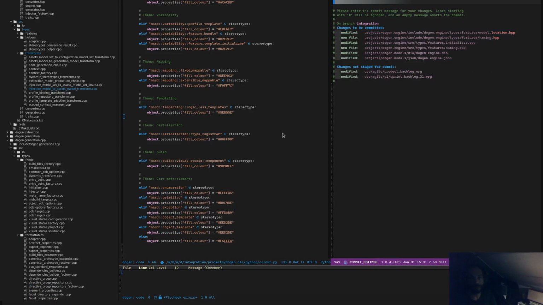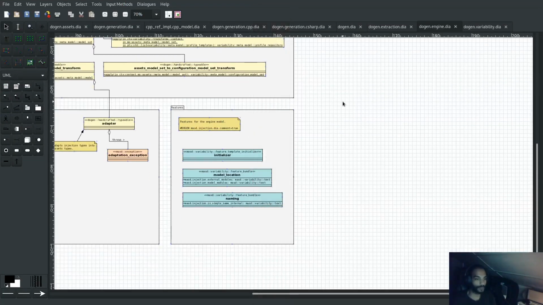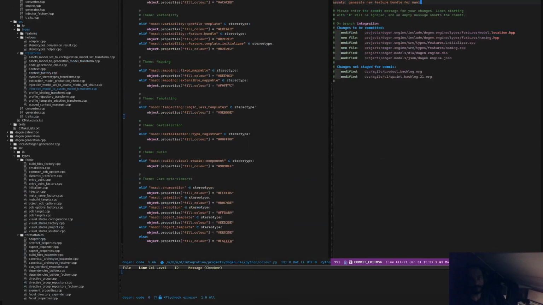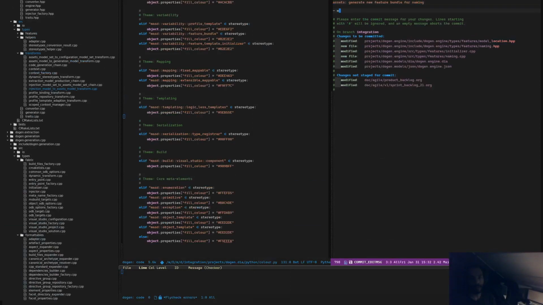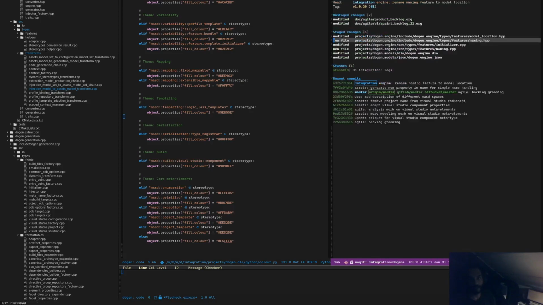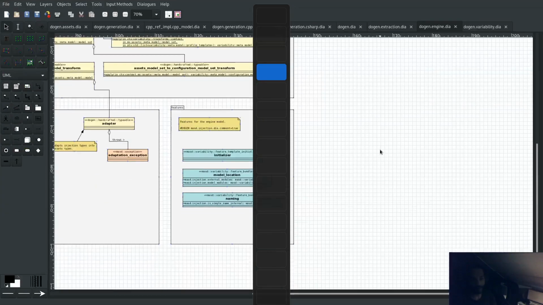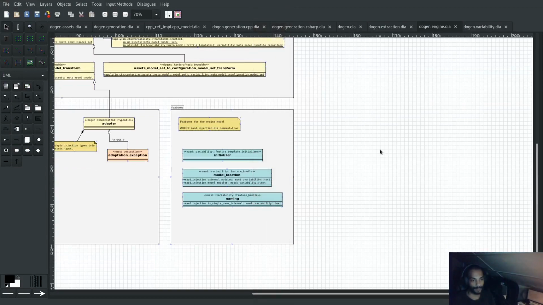And so we can say assets feature model for, what do we call it again? Naming. I could have made two separate commits, but life is too short. Okay,